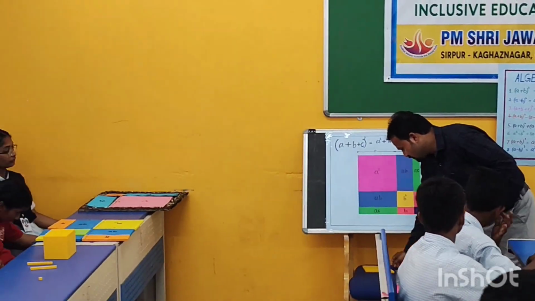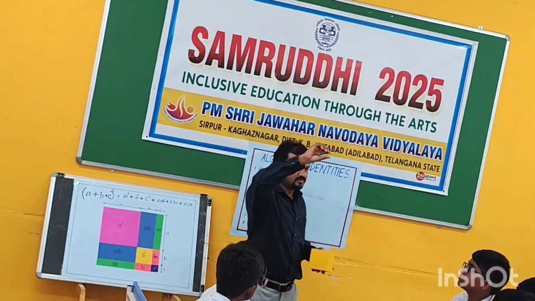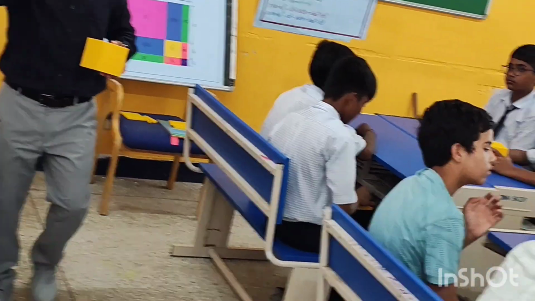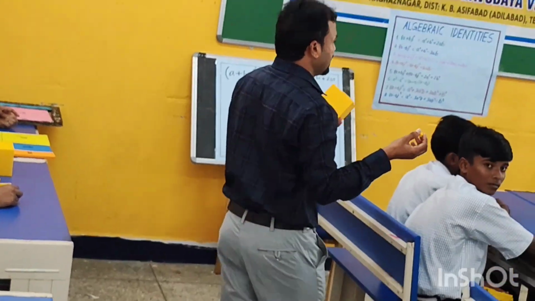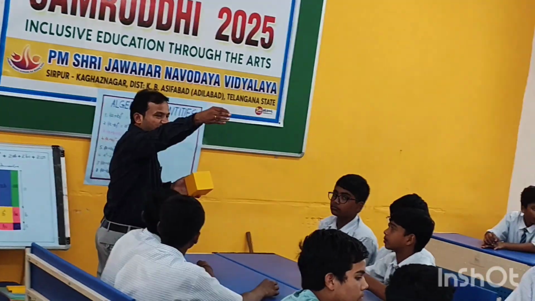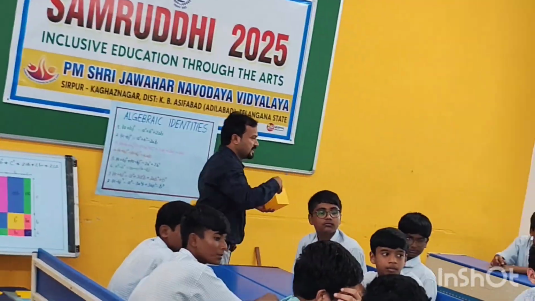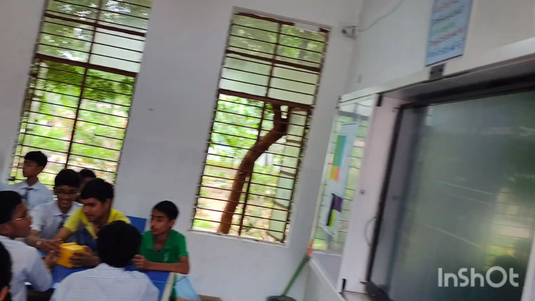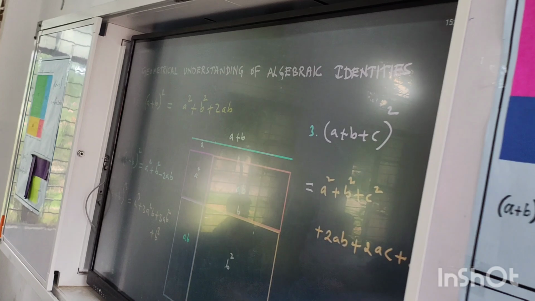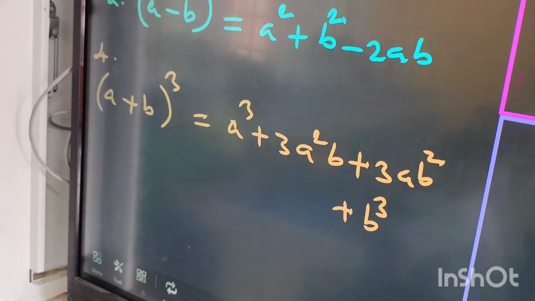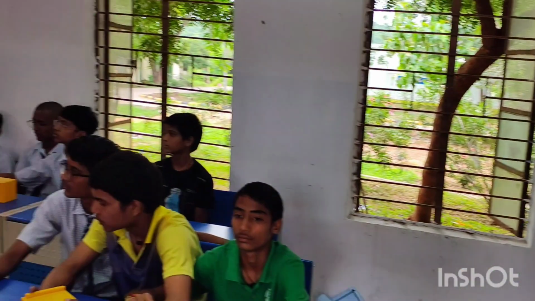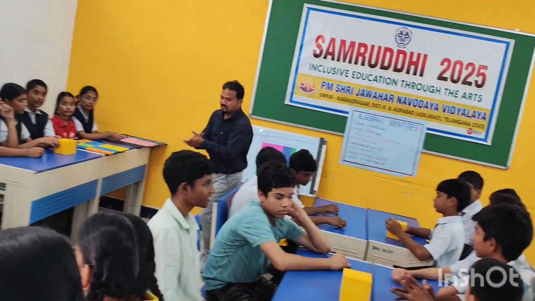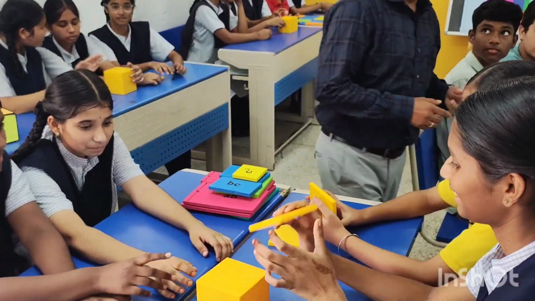Now look, this is also a cube. Let its side be B. So what will its volume be? B cube. I just gave them a hint. A cube, B cube. What are the terms in the formula? How do we understand the formula geometrically? Plus means what? What is the meaning of plus? Addition. Adding means bringing together. I'll give you 1 minute. Think and do it.